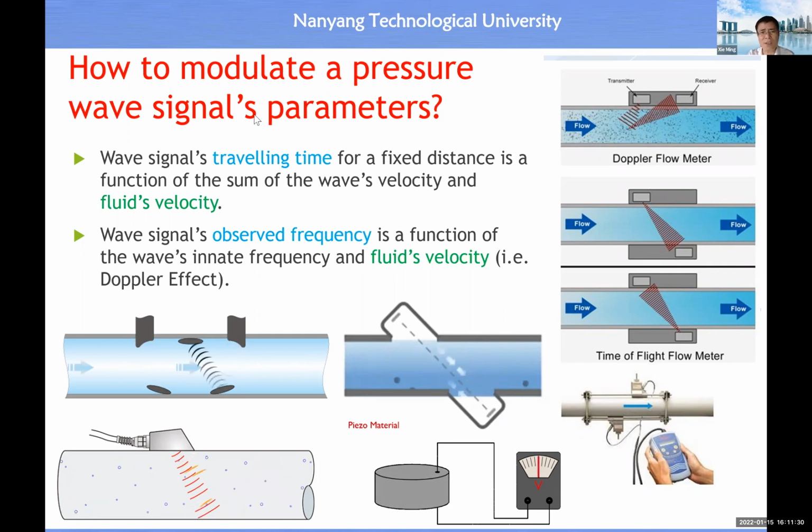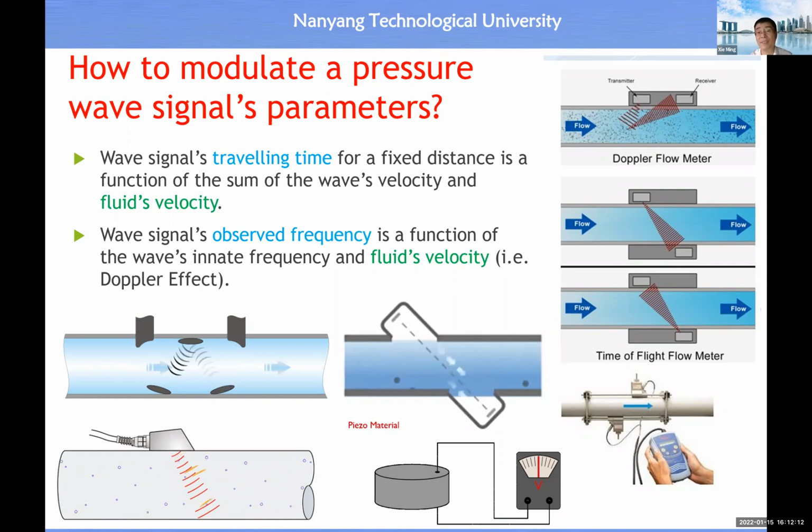Then let's say we only focus on the use of the information about the traveling time. In this scenario, this emits the signal, then this will detect the arrival of the signal. Then we can calculate the time duration. Or in this situation, this one emits the wave, then this one detects the wave. So we know time t1 when the wave has been emitted, and the time t2 when the wave has been received. And then we know delta t. Based on delta t, since we know the fixed distance, we should be able to calculate the observed velocity.